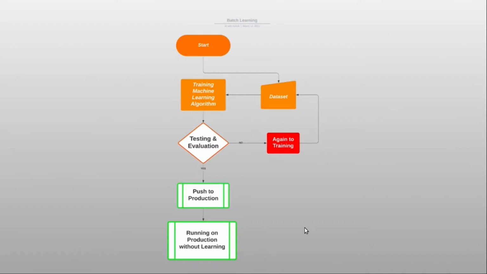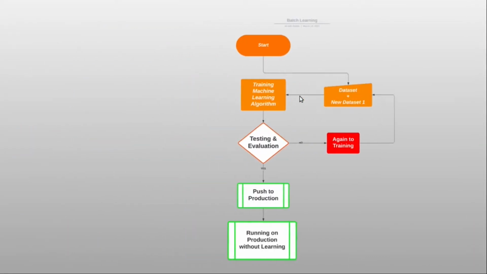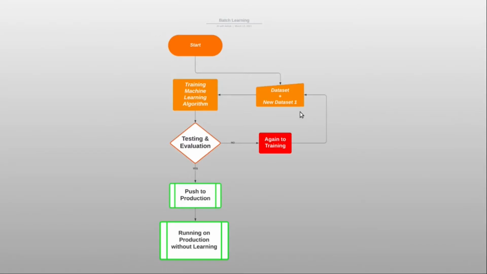But this is not true in the case of online learning. Before getting to online learning, we will discuss the major disadvantages of batch learning. Another main point to note is that if we want to update a model with a newer dataset, we have to train the model with both the older dataset and the newer dataset. In batch learning, we update our model in production over a period of time. It may be updated every week, or every 24 hours, depending on the industry the machine learning algorithm works in.